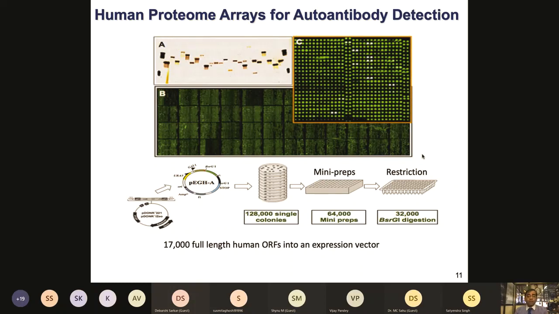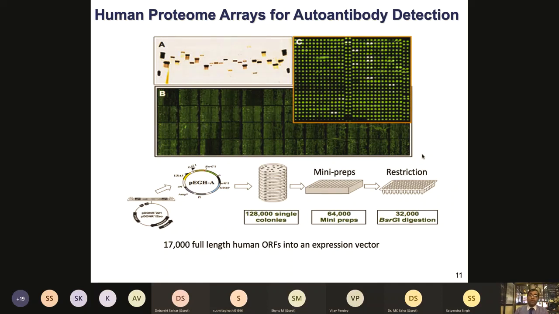So I'm just giving you some practical tips. I'm not just talking here for the sake of showing what we can do, but what I'm really trying to encourage is what you can do, without having access to any of the huge setup here. You just buy the chip from these places, do the experiment like a Western blot in your labs, get the slides dried, and then you can collaborate with a facility that has the scanner, scan the slides, and analyze the data.